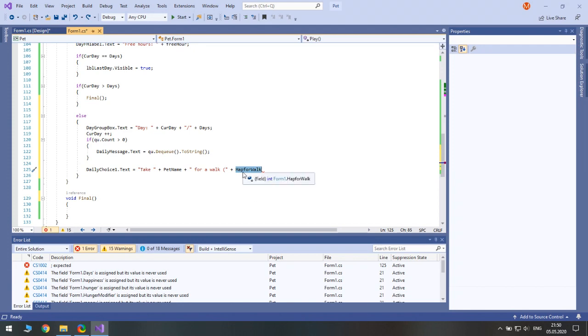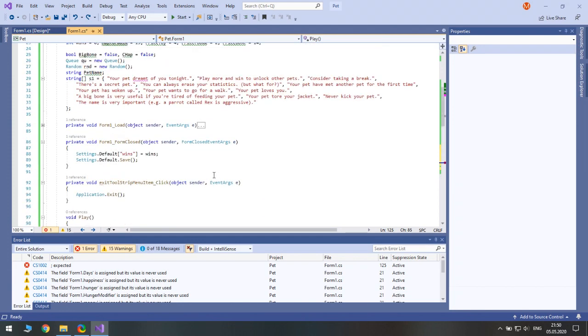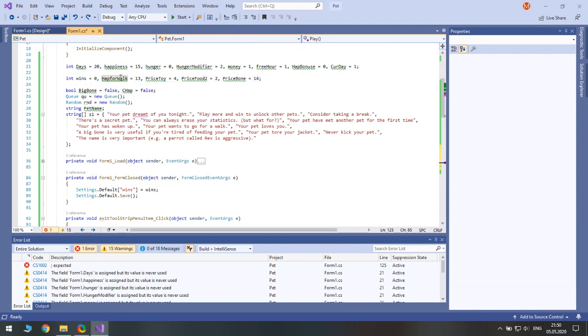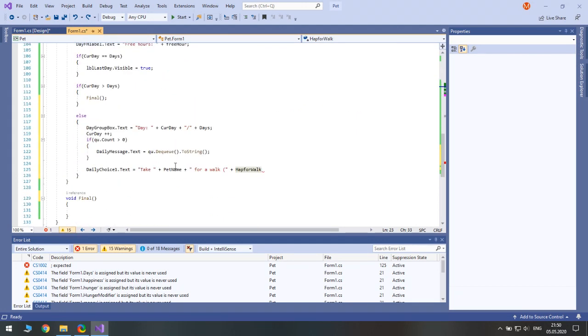But if I use a variable, I need to change it only once. So happiness for walk and percent and happiness, and also this should spend 1 free hour.